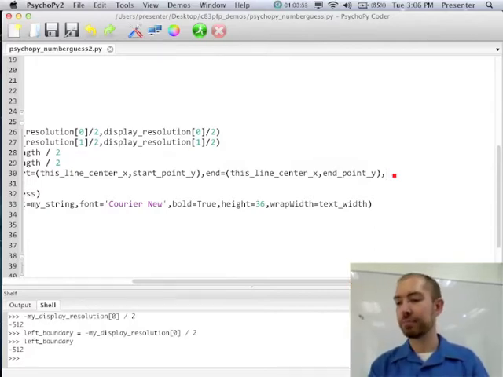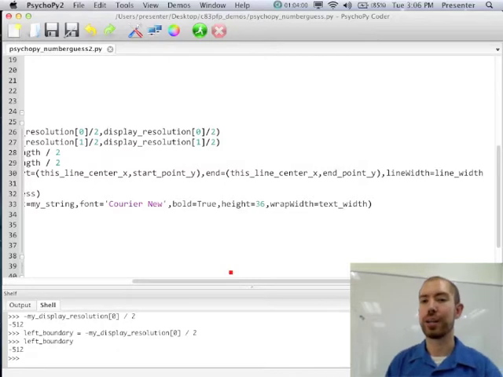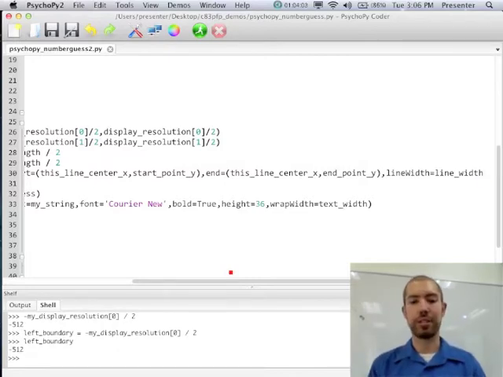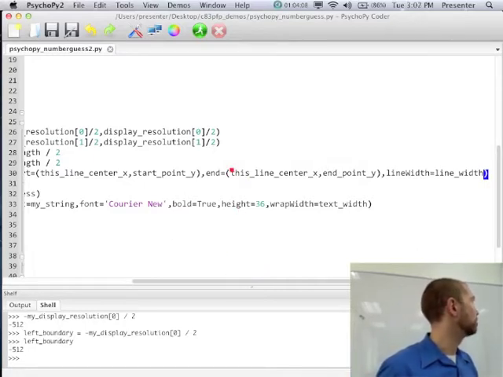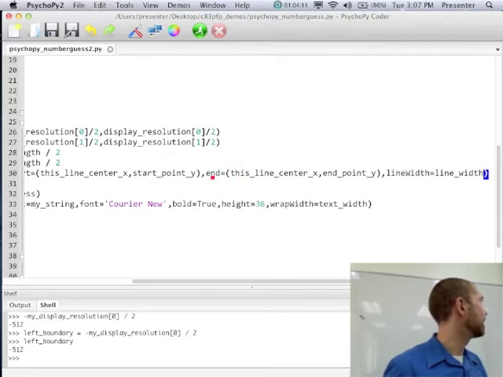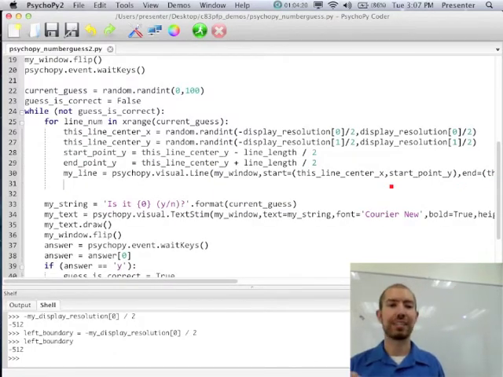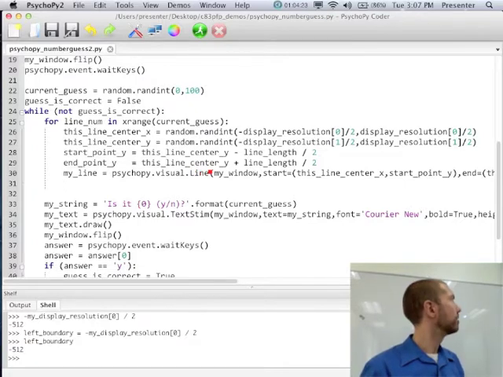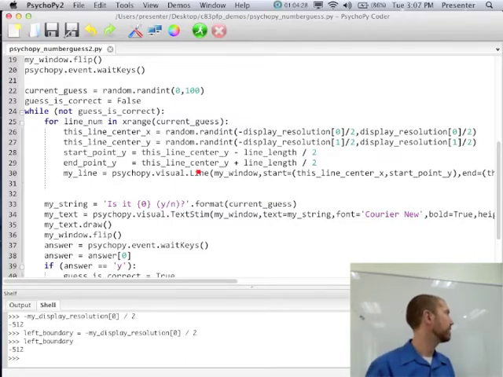Okay, and the last thing is you want to tell it what its line width is, which we simply called line width earlier. So that's pretty easy. And again, we're going to get more into how you know what to give, like what start equals, end equals, line width equals actually means, at a later date. So don't fret too much about that, as long as you get the basic idea that we're telling this line creator function some stuff, right? Like what window it goes in, where the line starts and ends, how thick it is, and so forth.